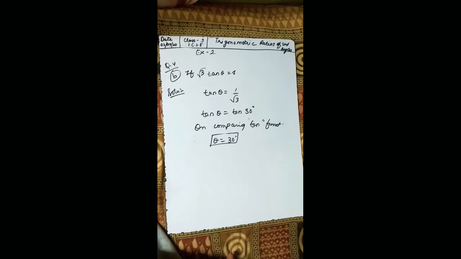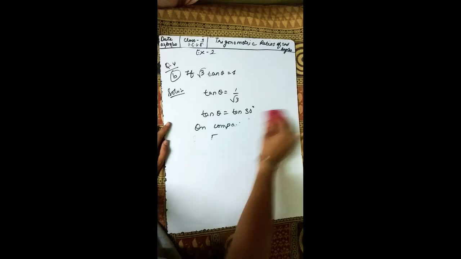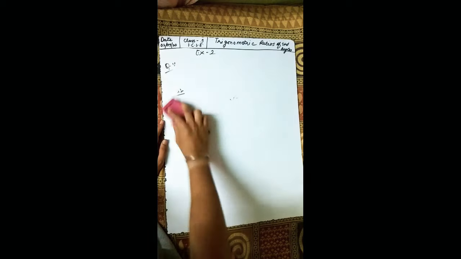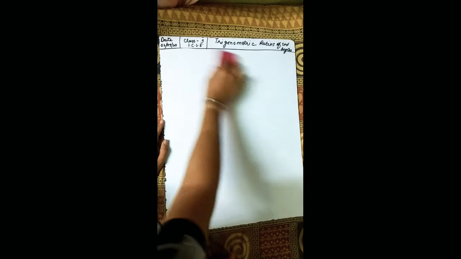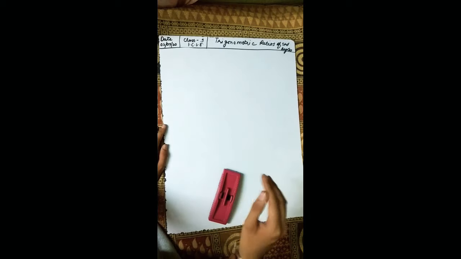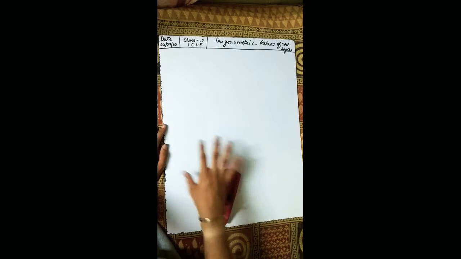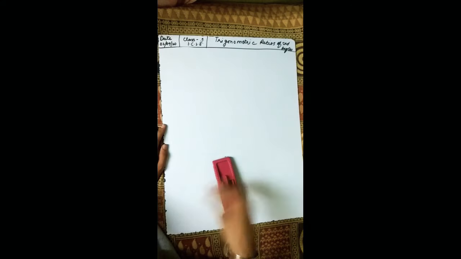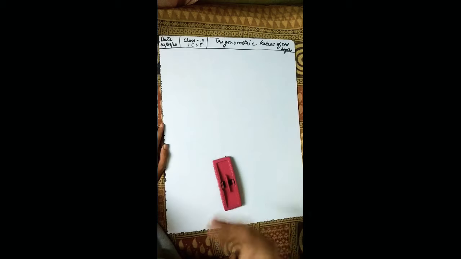Okay, so that's it for today, my dear students. I hope you have understood today's video. First of all, you do one thing: make the basics. When you start the chapter, whatever I've taught you in the basics part, write all those things and try to do some examples of it, so that you will be handy with the exercise questions. The starting examples you do, you can do in the rough copy or fair copy, no problem. I only need you to practice more and more, and then you start the exercise. That will be very fruitful for you.